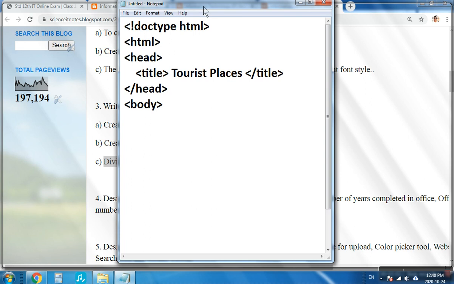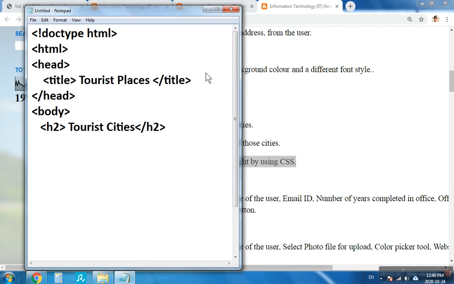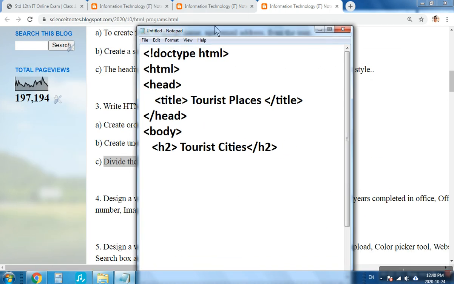Okay. So first we'll give a small heading, tourist cities, using H2, and we'll create the ordered list with the name of those cities.